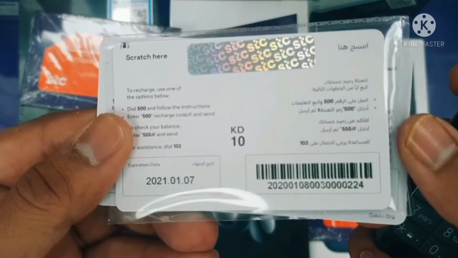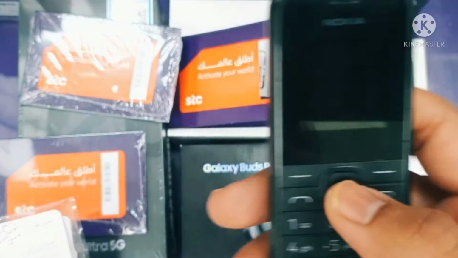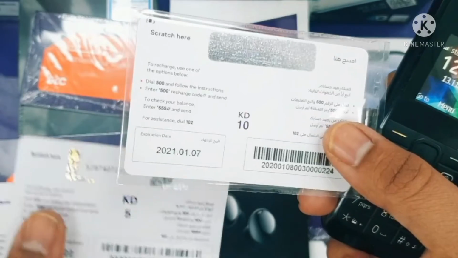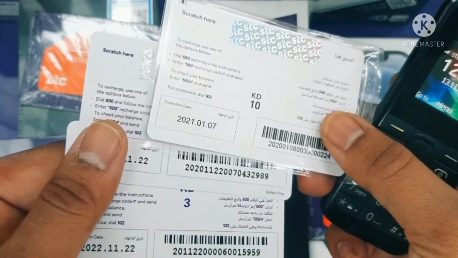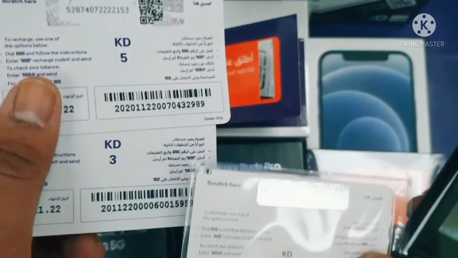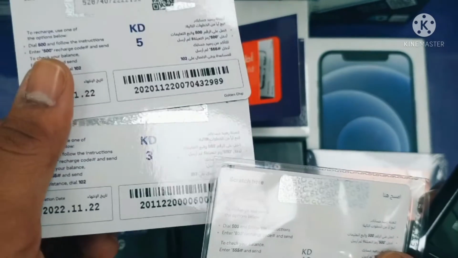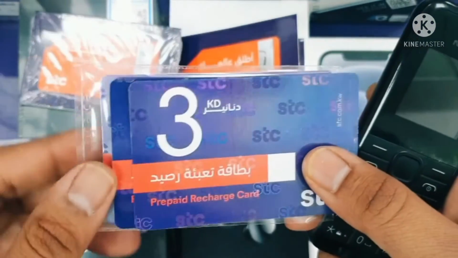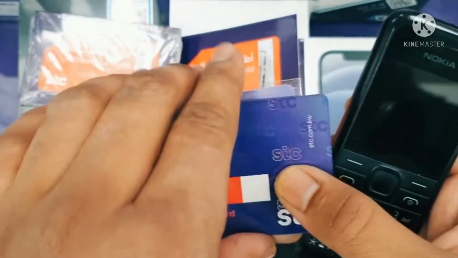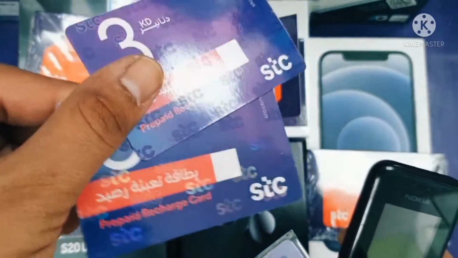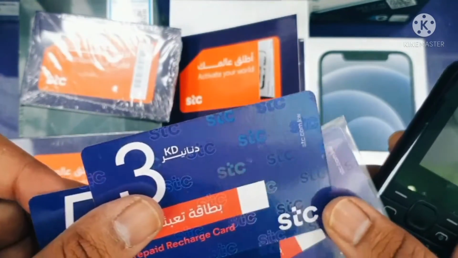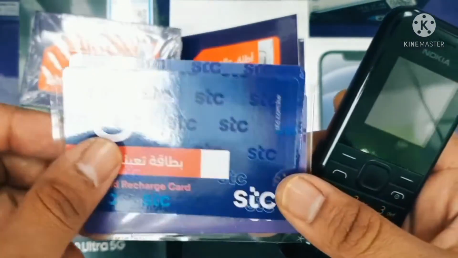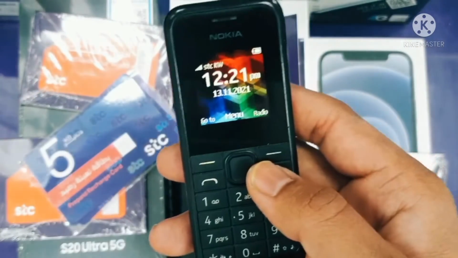See, all the vouchers are the same. Maybe you want to activate a 200 GB, 18 KD bundle: you need 10, 5 and 3, so it is 18 KD. Or if somebody doesn't give you a 10 KD card, you can buy 5, 5 and 3. That is the way you can count 18 KD, 12 KD, 8 KD or 5 KD bundles. For the 8 KD bundle you can just buy 5 and 3, which is 8 KD, and if you want to buy 12 KD, you can buy 10 and 3, because 2 KD cards are not available in the market. So this is the way you can use STC voucher cards.